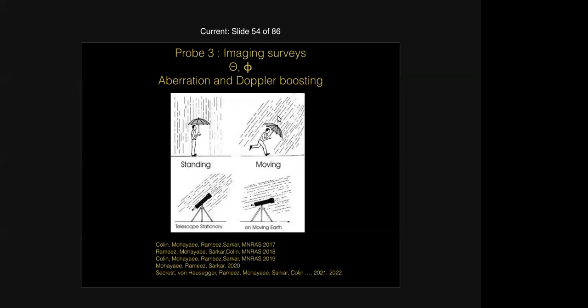If an observer is at rest, it sees the position of a star in a place. And if the observer has a motion, the position of the star will move. It's like when we move and it's raining, we have to just tilt our umbrella. And it's the same when you have a telescope that is on a stationary place or on a moving Earth. You have to tilt it. And that is the aberration effect.